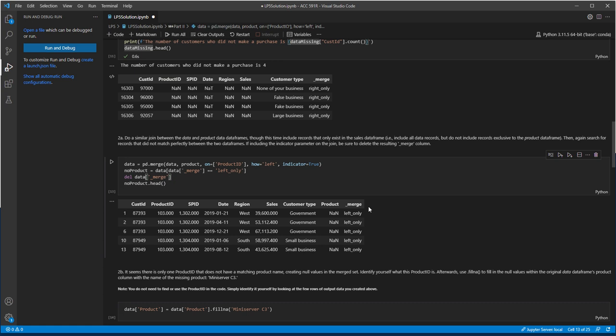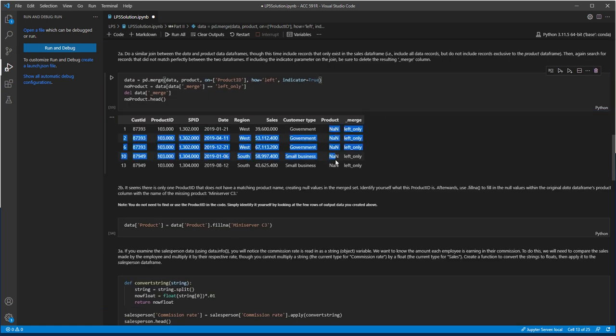So we just want to make sure that any data that can be matched in the product table is matched to those sales. And again, we're going to include that indicator to make sure, because there are